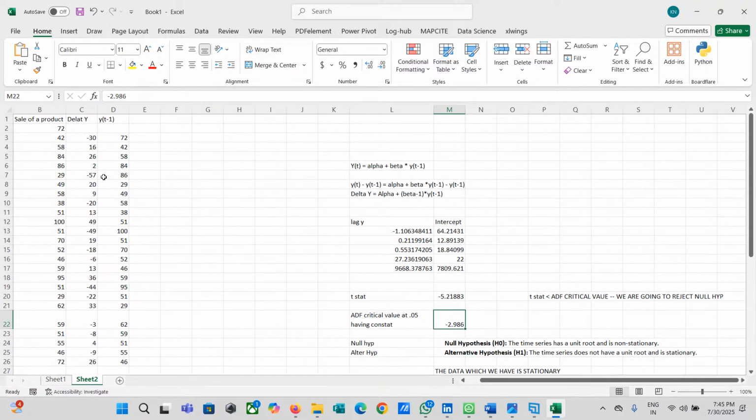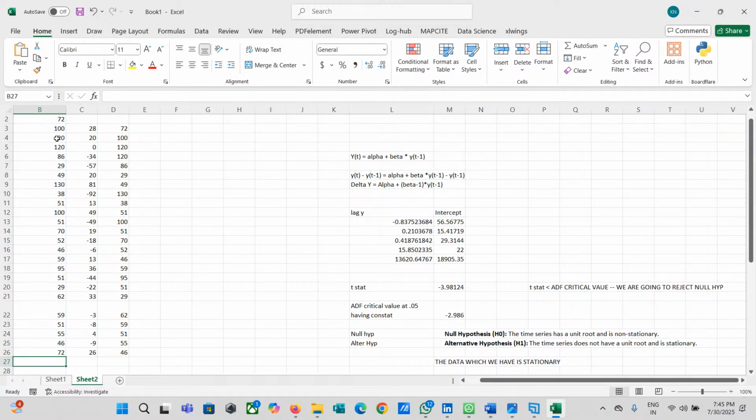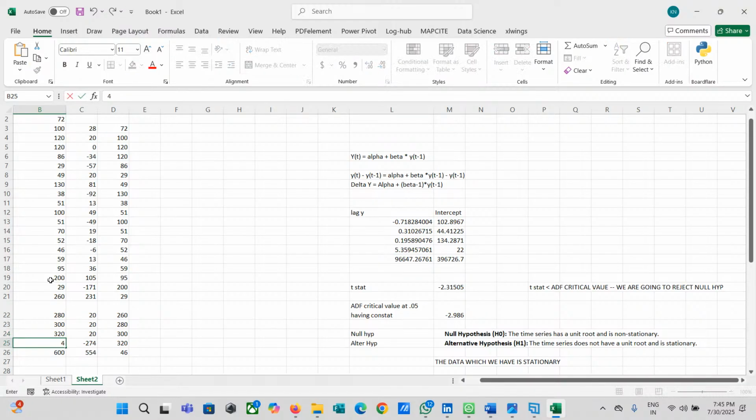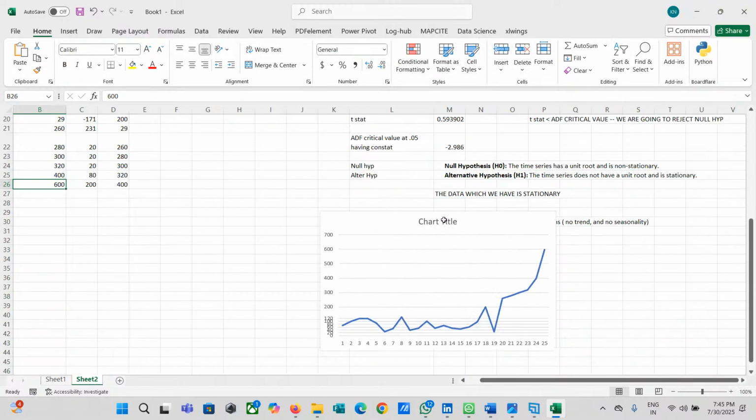Now let's say I'm going to create some pattern in this data. So we will see some other metrics now. I'm just trying to intentionally create some patterns over here. Let's look at the chart now.